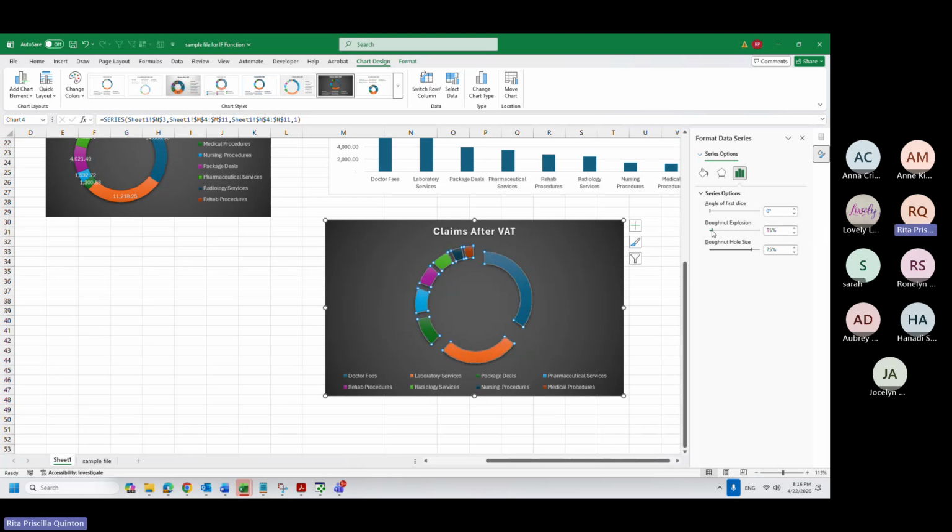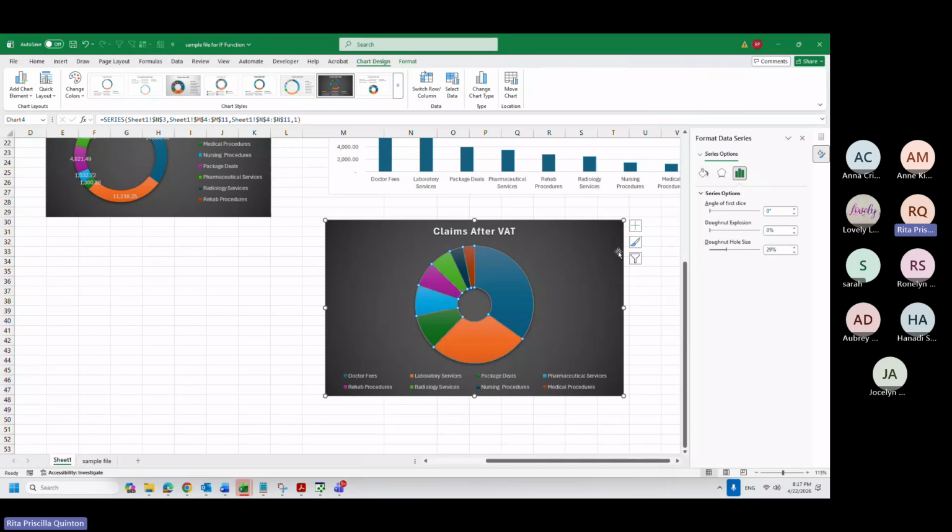Explosion means you divide them. Also, donut hole size, you can adjust. For example, you want them all together, but you want the donut to be a bigger size. So you can also move based on what visually satisfies you.